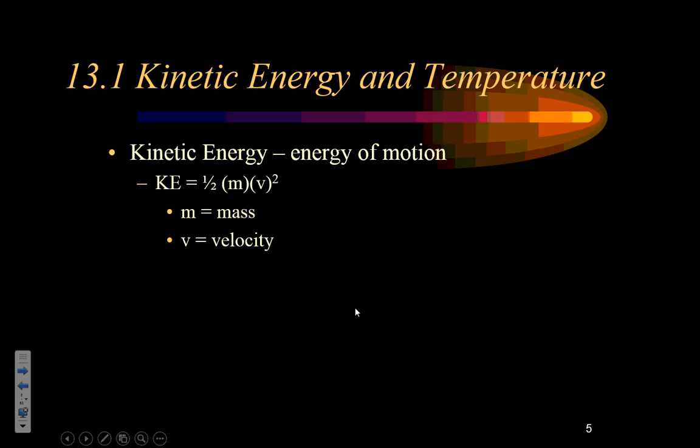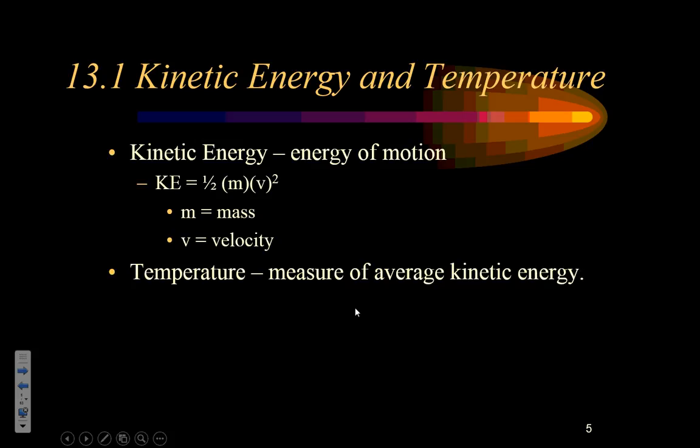As we dump energy into particles, the average kinetic energy increases. Since our mass isn't increasing, that must mean our velocity is increasing. When you double mass, you double kinetic energy. But when you double velocity, 2 squared is a factor of 4, so it has a much greater effect overall on changes. But if we were looking at two different types of particles at the same average kinetic energy, since they weigh differently, they aren't moving at the same speeds. That's an idea we're going to come back to later.